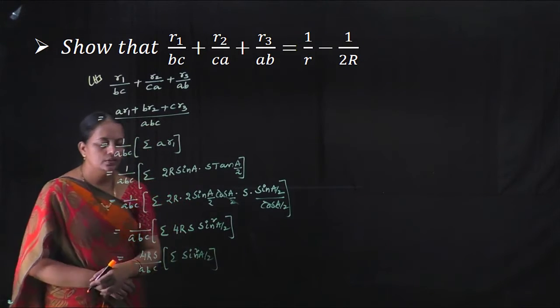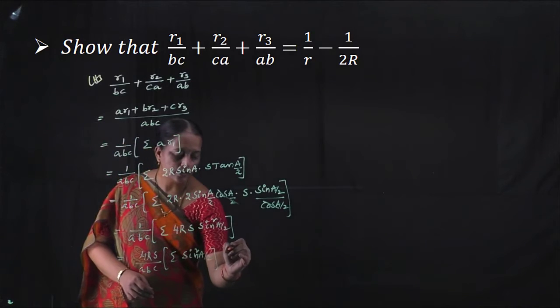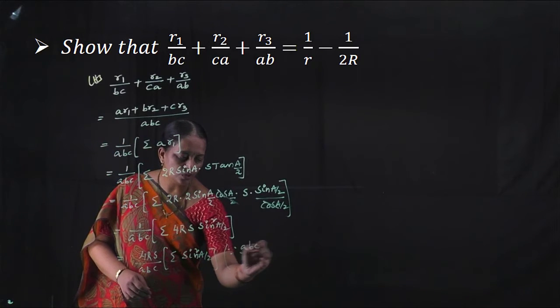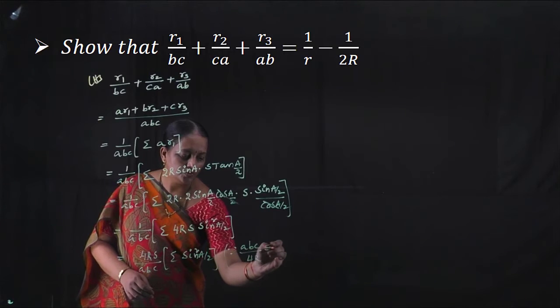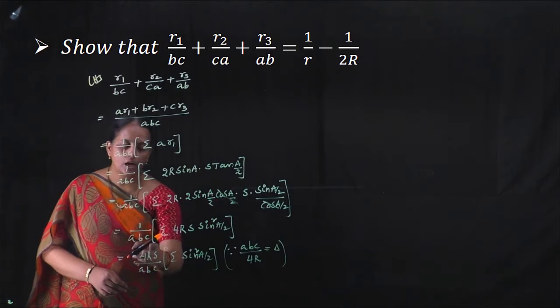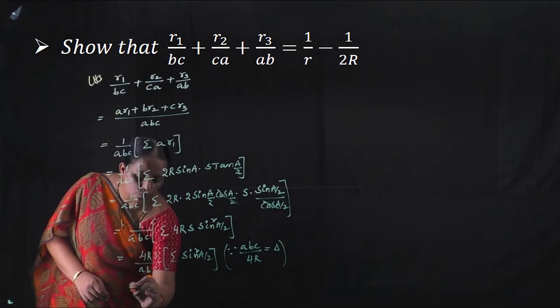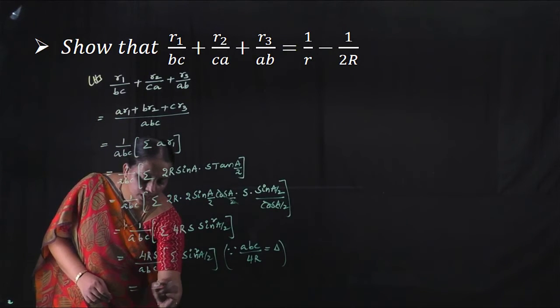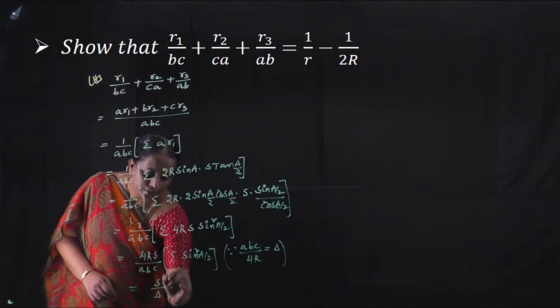And we know that ABC by 4R is equal to delta, and 4R by ABC means 1 by delta into S by delta into sine